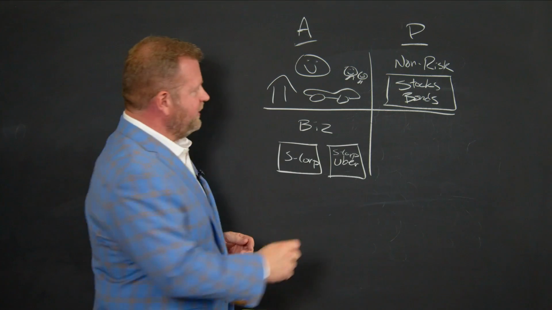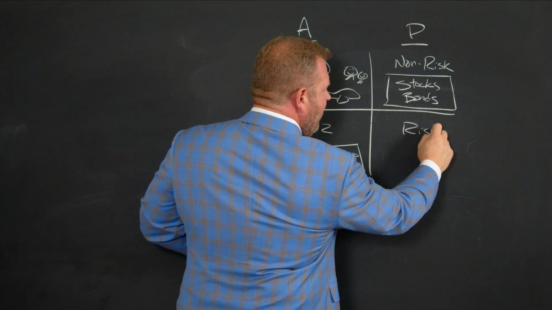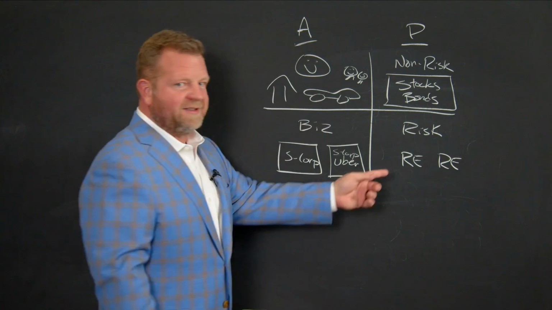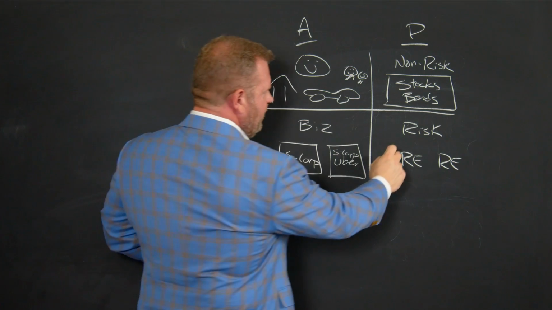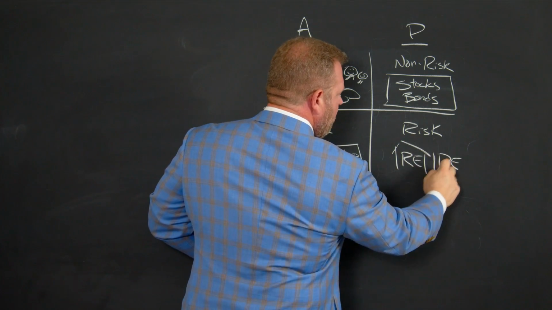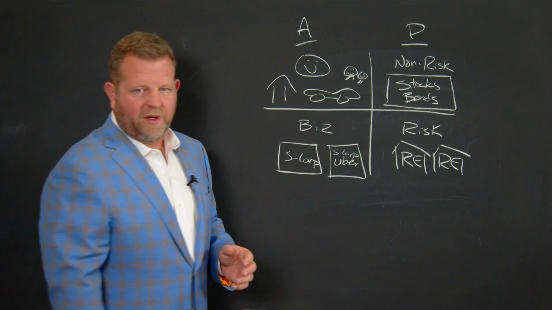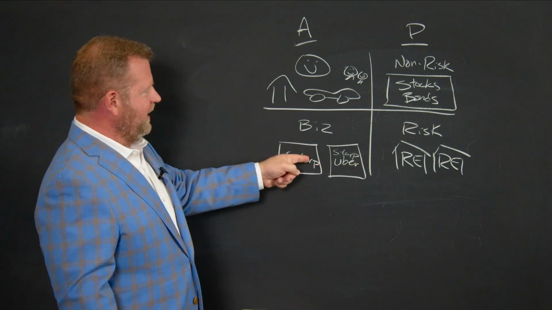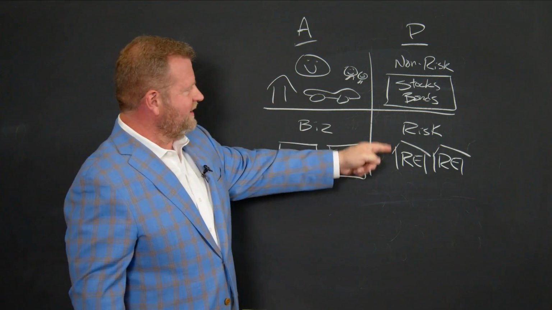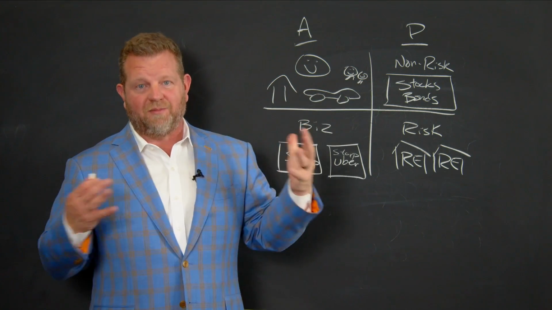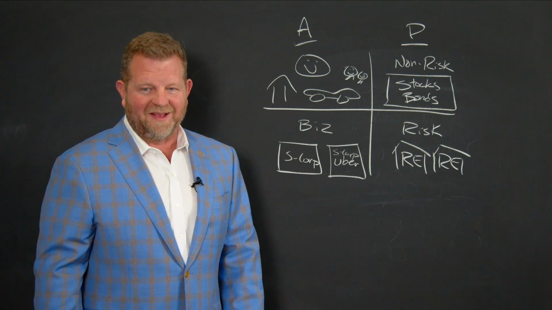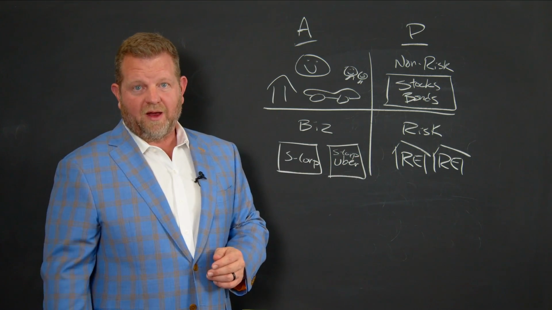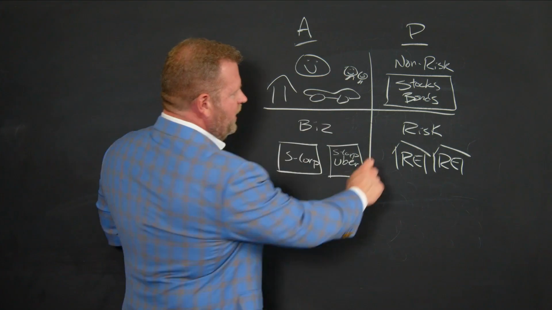Last one is the risk quadrant, and this is where we have our real estate, and specifically our rental real estate. So let's say that we have 2 properties down here, property 1, property 2. I am going to want to isolate those because if I leave them unisolated, they could take my business, they could take my personal assets, they could try to take my non-risk assets unless I'm using a really cool plan like you got for me, right? It'll be really difficult for them to ever get it. But if it's unprotected and unisolated, then the liability is huge. So we're going to put a box around these.